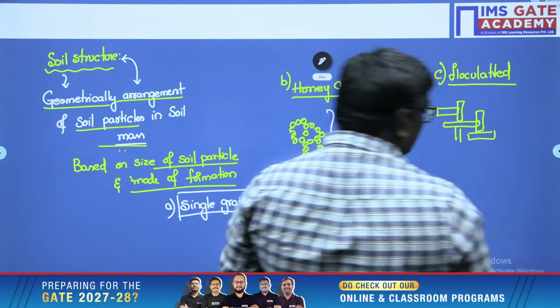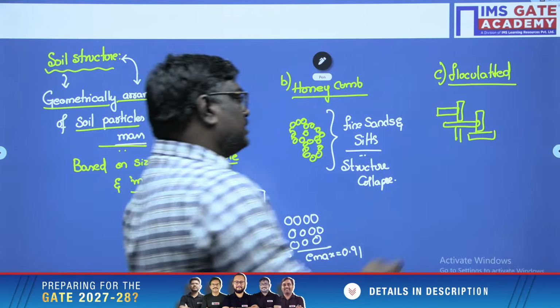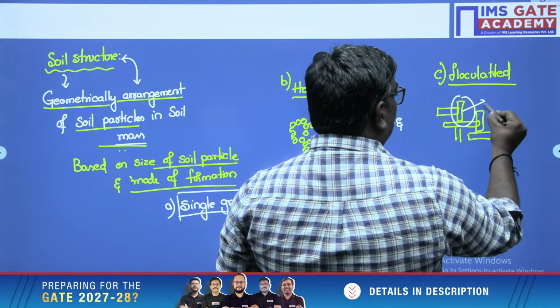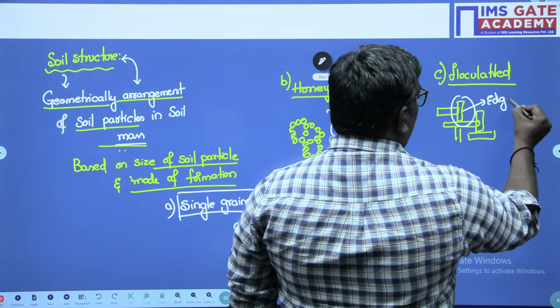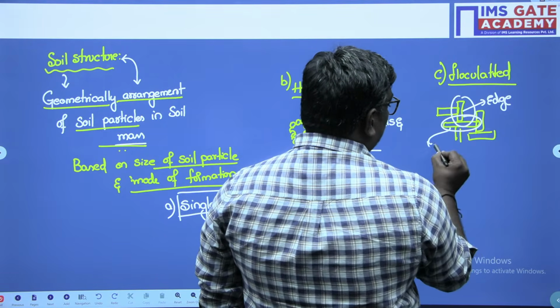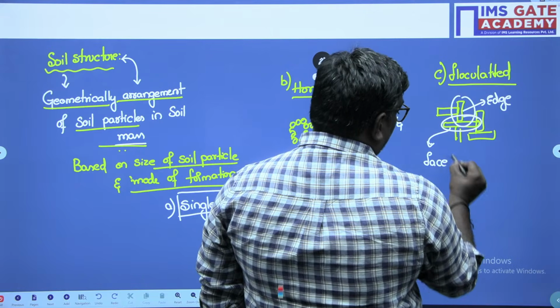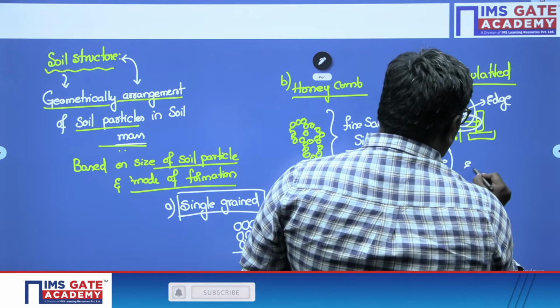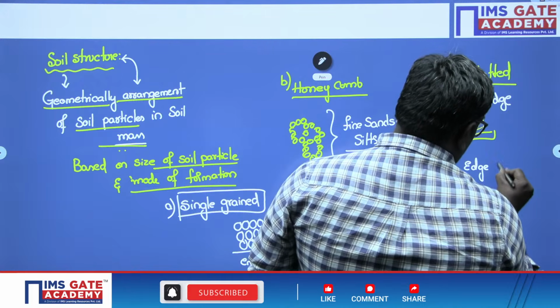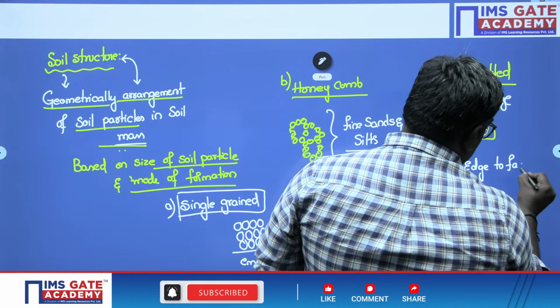Here we have what, sir? Here, what is flocculated structure? This is edge, and this is face. So here, what is flocculated structure? It is edge to face,